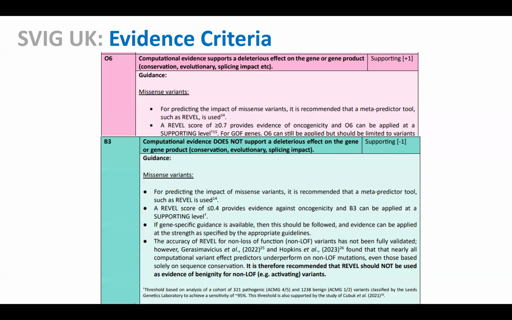There's also O6, which is the in silico predictions. Essentially, REVEL is the main score that we use. We're still using only supporting level here, so we haven't expanded to the publications where you can use multiple levels. And again, that is to align, in the UK, across somatic and germline. There are many reasons why we have to do that, at least in the UK, and we think it's useful scientifically because of a lot of the overlap between somatic and germline testing now, with genes that